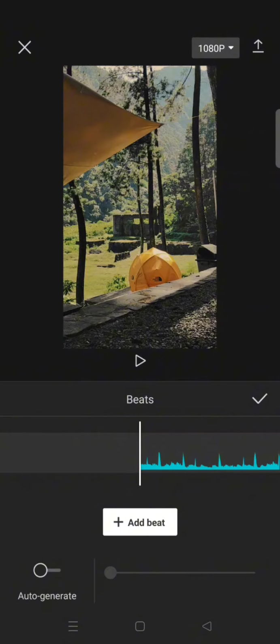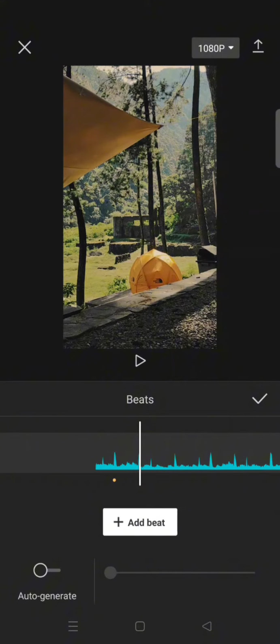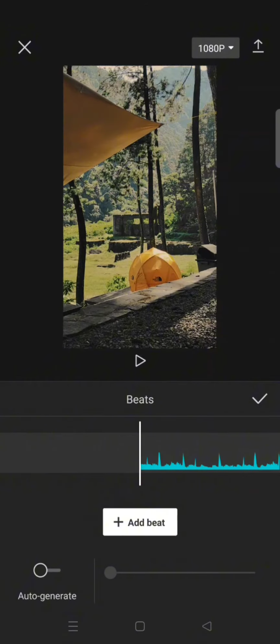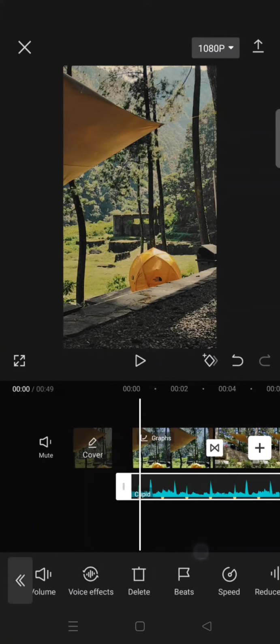at the menu. And now you can just add the beat manually like this, or you can also use the auto generate from CapCut by clicking on the circle at the bottom. Now CapCut will be adding the beats. Just wait. Okay, you can see the yellow mark has been added, and you can just click on a check icon. And to sync it with the beat, what you need to do next is just